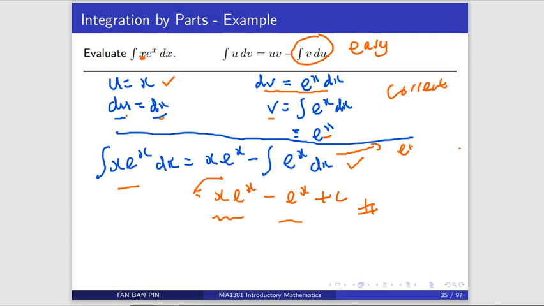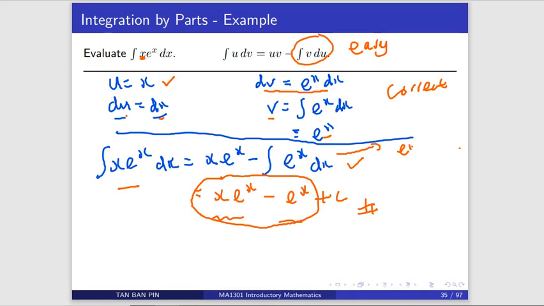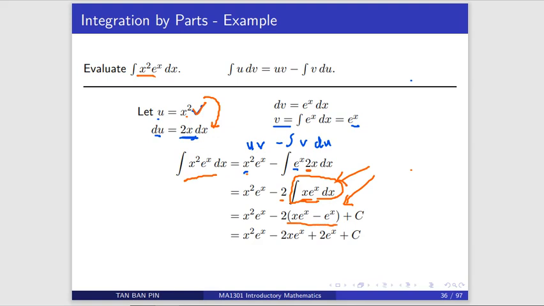So you just sub this answer inside here, right? You sub it inside here. That means if you have to integrate x squared e^x dx, you use integration by parts once, you have to solve integrate x e^x dx. Then you just do integration by parts one more time to get x e^x minus e^x. And then that gives you this part. So the final answer will be just x squared e^x minus 2x e^x plus 2e^x plus c.